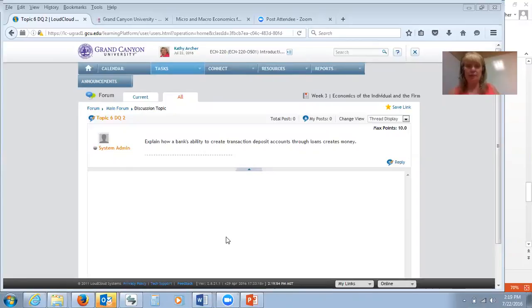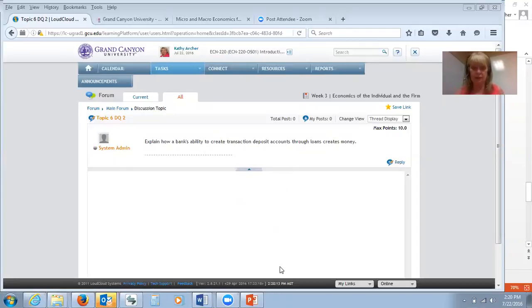Today we're looking at Topic 6, DQ2. Really simple DQ. Explain how a bank's ability to create transaction deposits accounts through loans creates money. How does that work? We touched on this a little bit in DQ1, but we're going to go into it